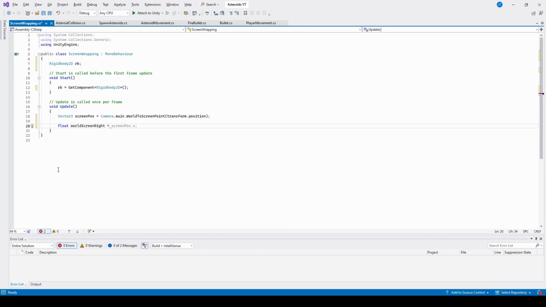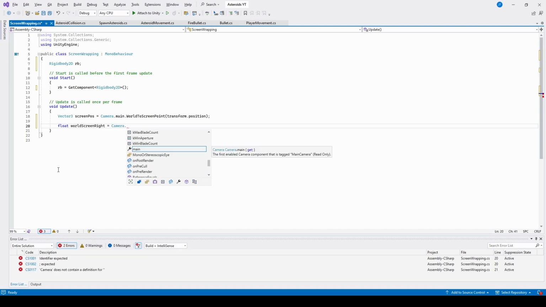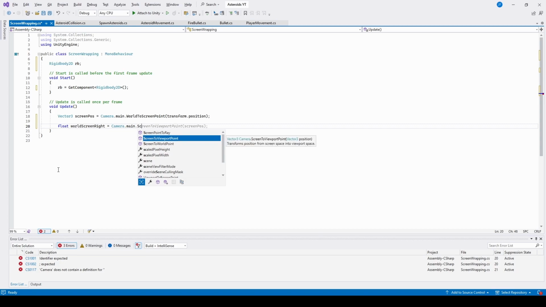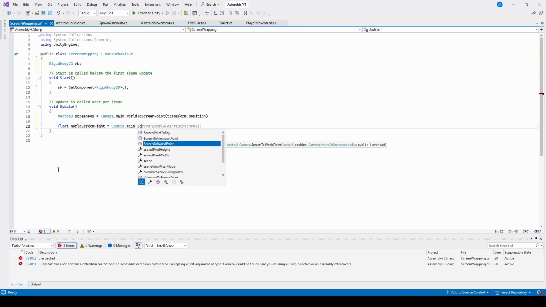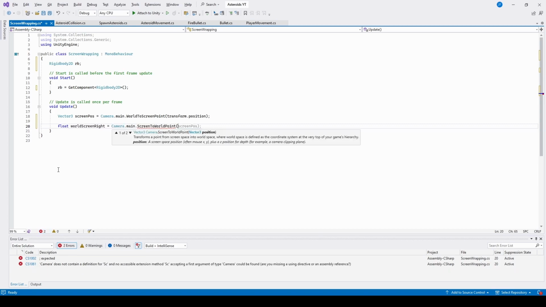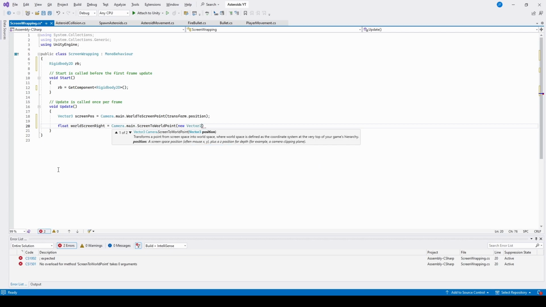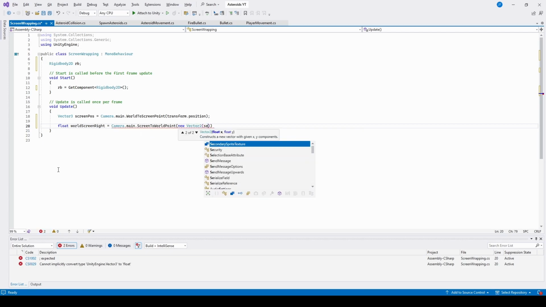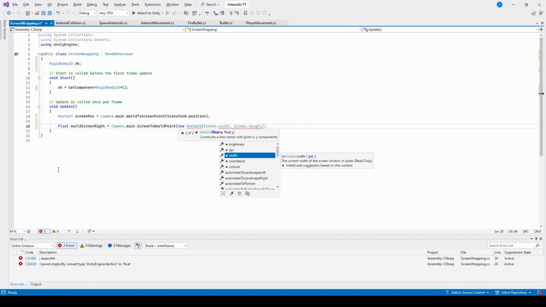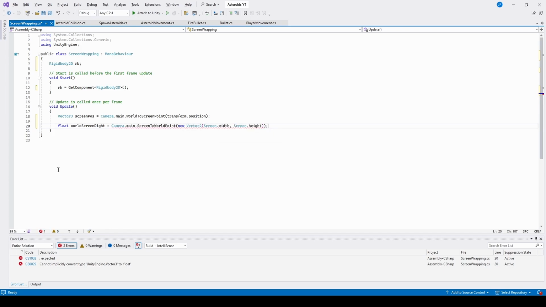This one is going to be Camera.main.ScreenToWorldPoint, and this is going to be a new Vector2, with our Screen.width and our Screen.height,